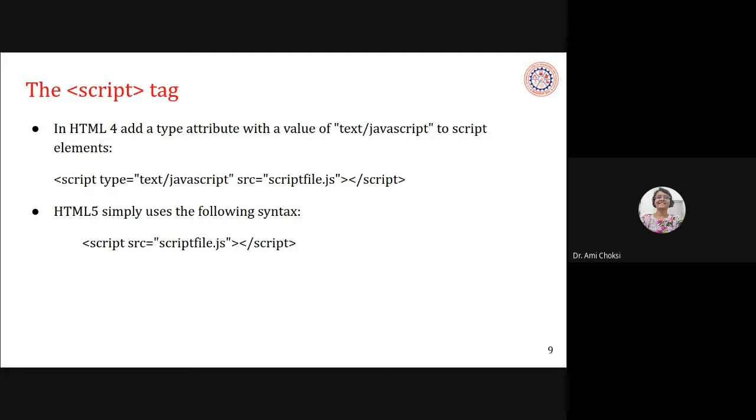It is the one where no code is written in between the script and end script tag, right? In the workshop which we have just organized, you must have seen that the smallest JavaScript is where nothing is there, or you can say an empty script, right?